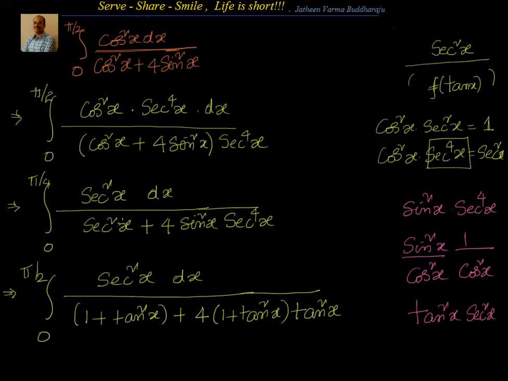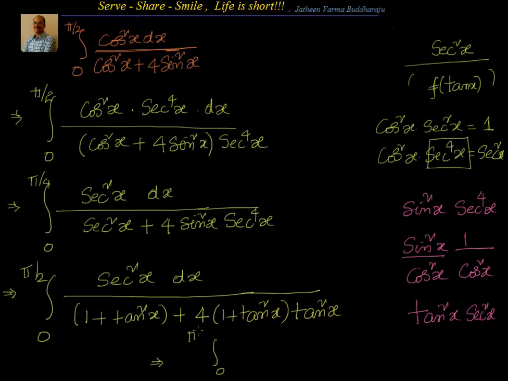So we have written secant square x as 1 plus tan square x, and actually we can take secant square x common. You will be having the same thing, secant square x into 1 plus 4 tan square x, but secant square x is nothing but 1 plus tan square x. So this is nothing but equal to